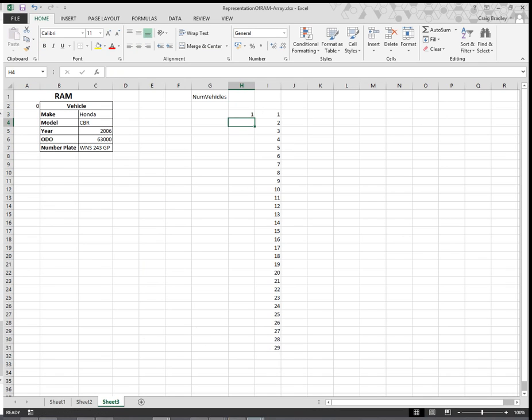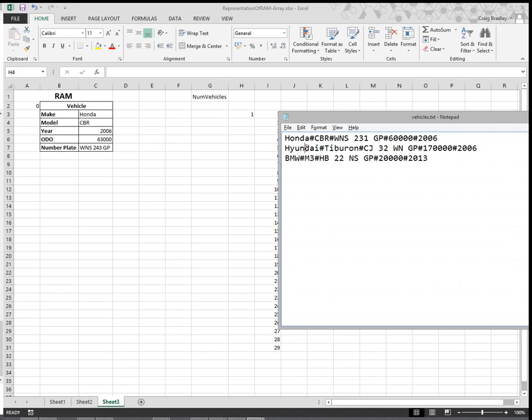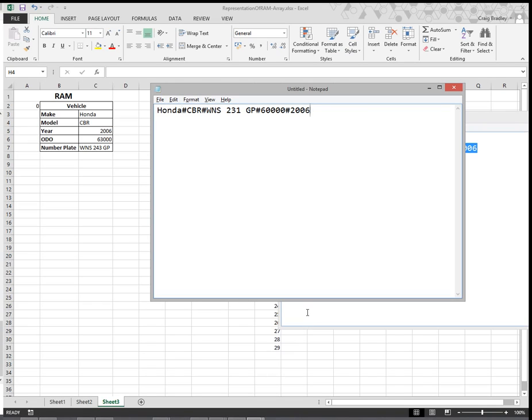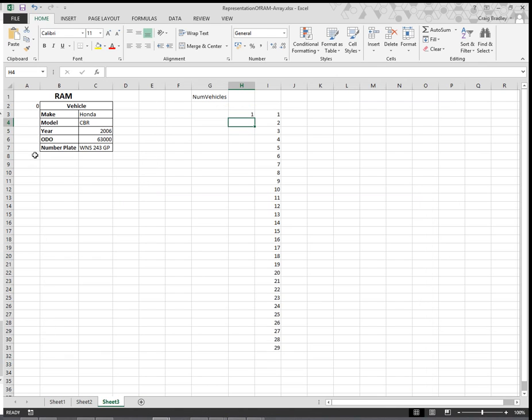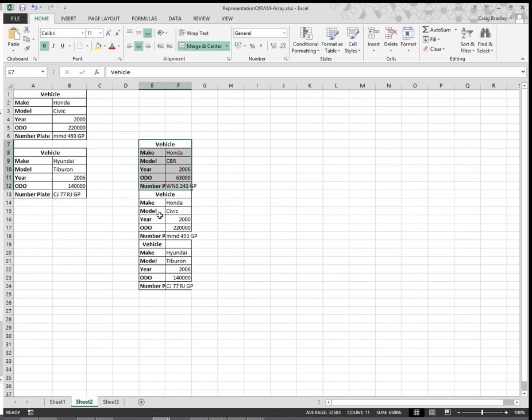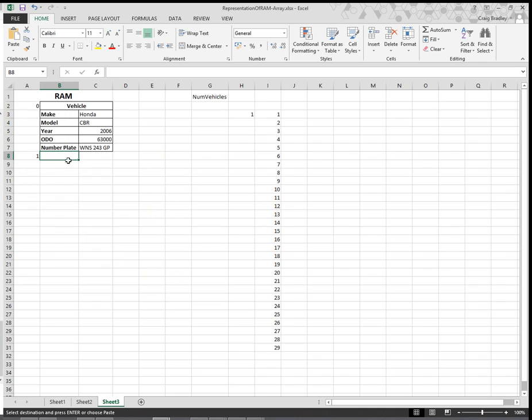It would then go to the second point of the array, read the whole record in. It will put it into the records variable. It would then scan through that and get the individual fields, so for example Hyundai, and then it would put it into here. It would then create an instance of that Hyundai. So now in 1 we would go across here, we would get the Hyundai. This would be initialized, the fields would be sent through, and then it would be added into here. And the same thing for position 2 now, because now this would be incremented to 2,